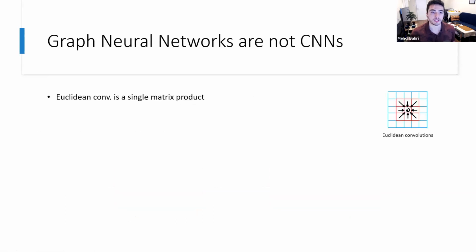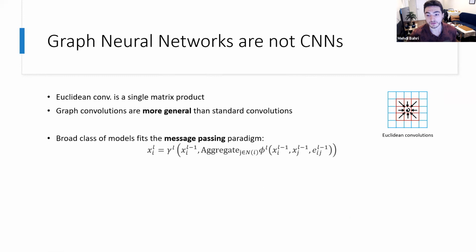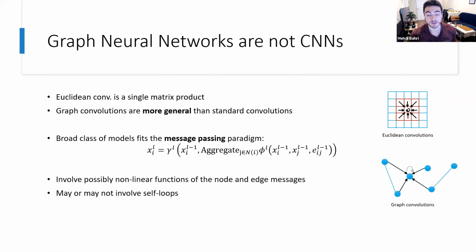So now that we've talked a little bit about binarization, we need to understand why binarizing GNNs is more complicated than CNNs. First, Euclidean convolutions boil down to a single matrix product. But graph convolutions are more general than that, and often they fall into the broad class of message passing neural networks, which I'm sure many are familiar with. But as a reminder, the feature maps for a graph element,